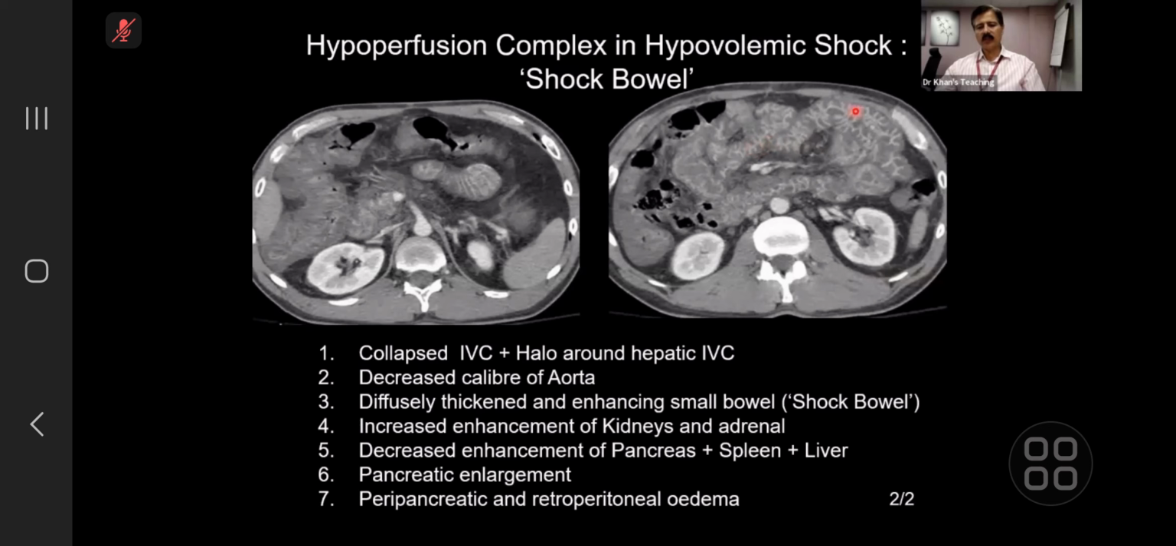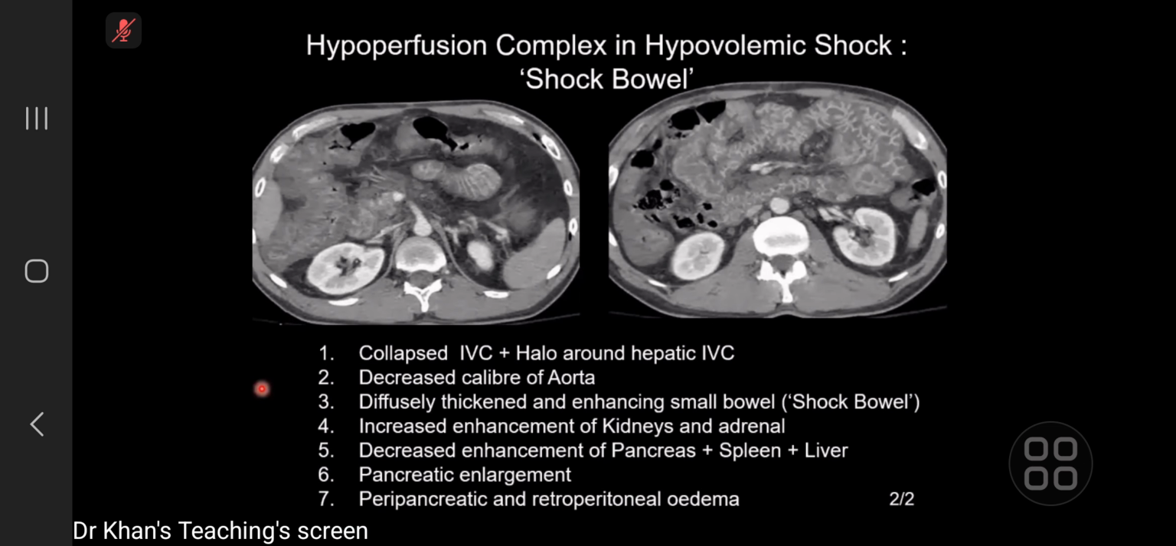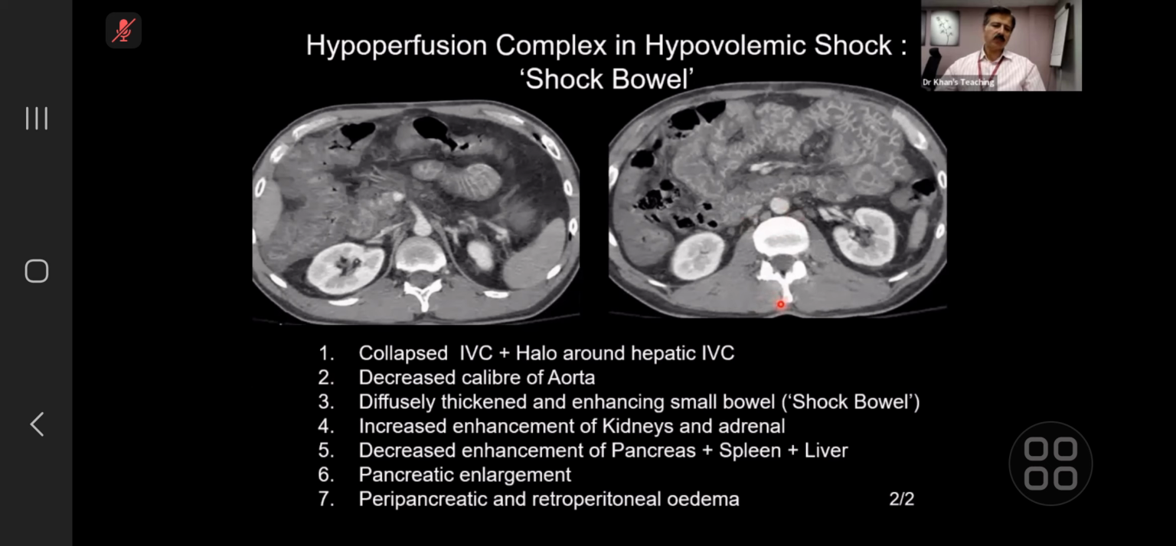So because it enhances like this. And these are the signs from literature which have been given for shock bowel. Hyperenhancement of adrenal is a bit of a subjective phenomenon there, and similarly kidney. But always look for IVC, collapse of IVC. There are some measurements also if you read a good article in Radiographics, but there is no need for the exam. Basically, aorta is small, IVC is small, shock bowel, and this will be a finding which you might